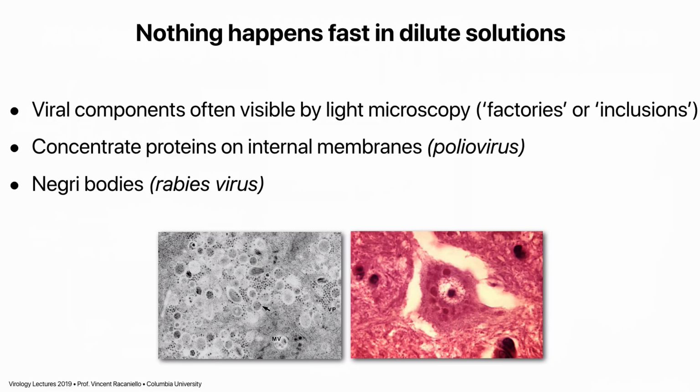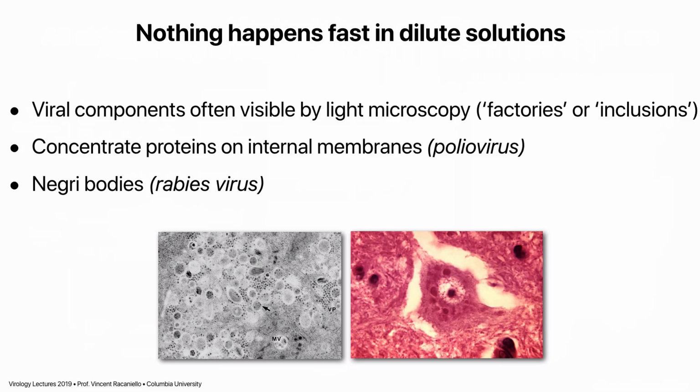Pox viruses do this too. We talked about that. I showed you some pictures of cytosolic factories where pox viruses assemble. Polioviruses replicate their RNA on membranes. Many viruses do this. They synthesize their RNA on membranous vesicles that they actually induce in the cell. We'll talk about that on Monday. And these are obvious here. You can see the virus particles, all those small dots, but these double membraned vesicles, those are the sites of